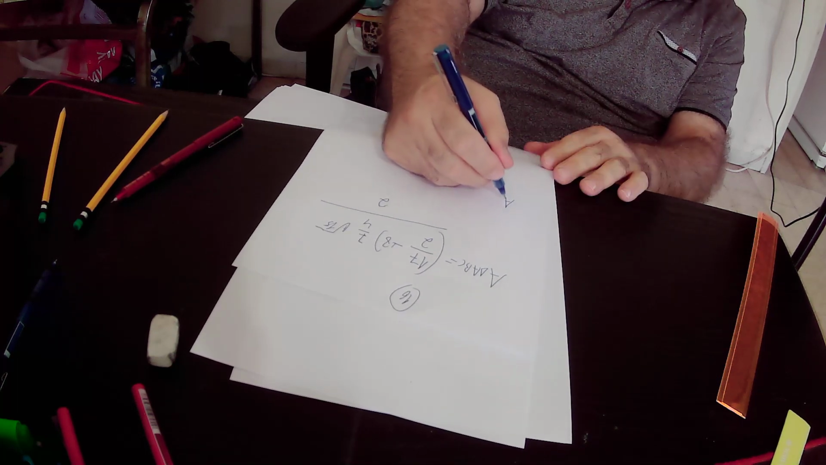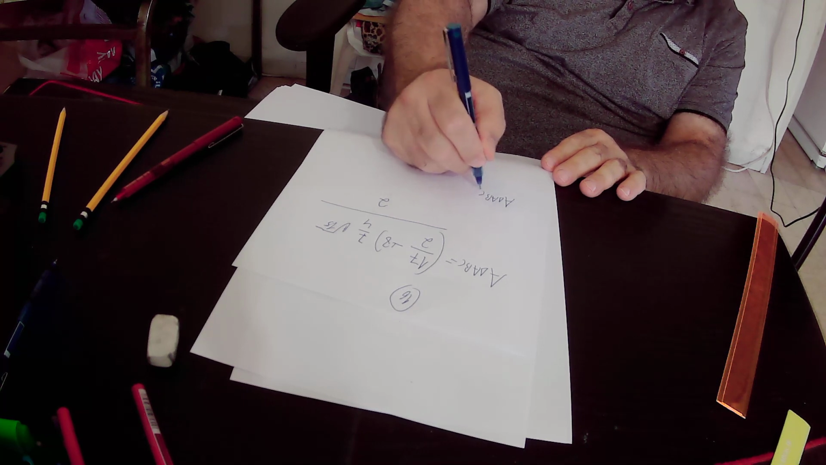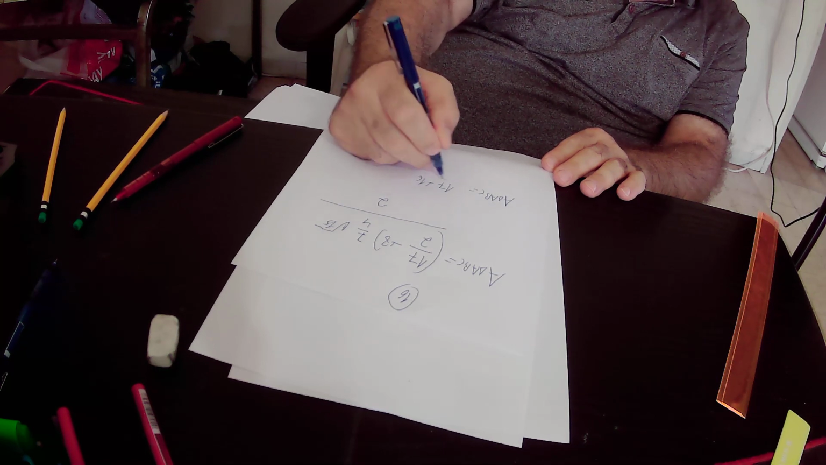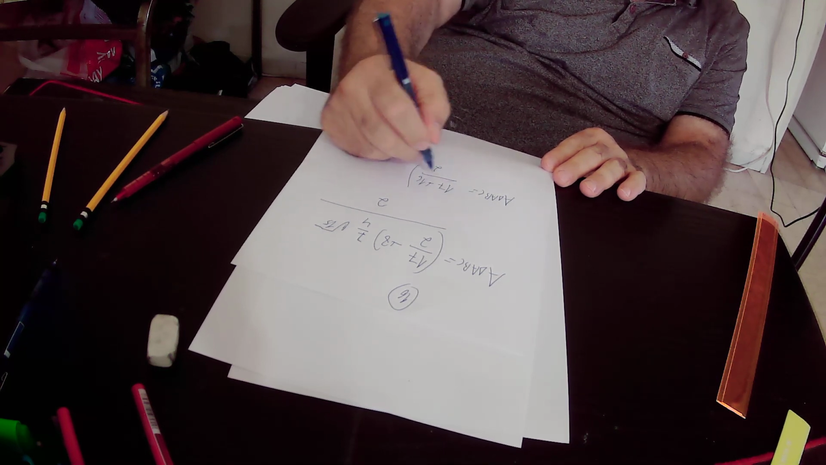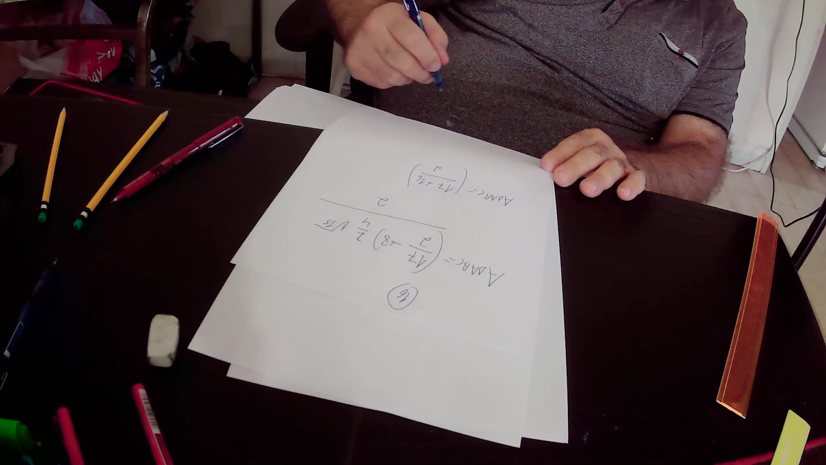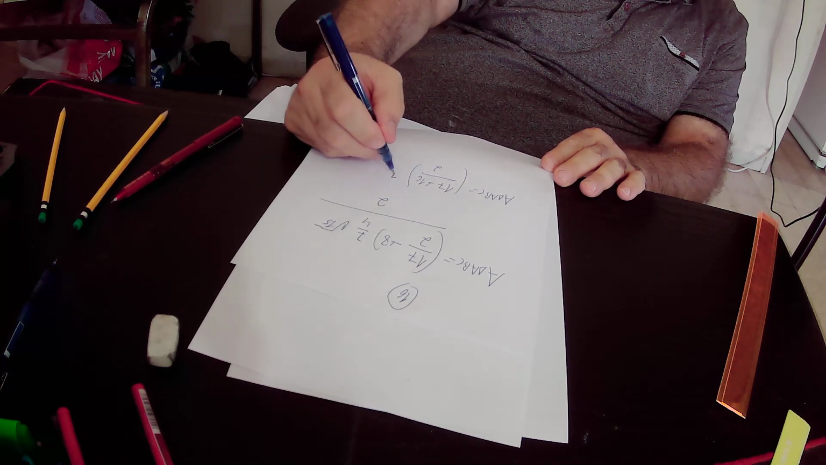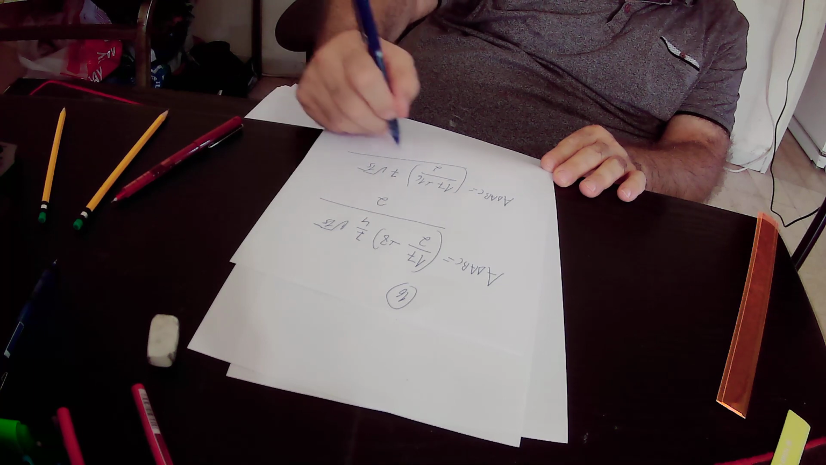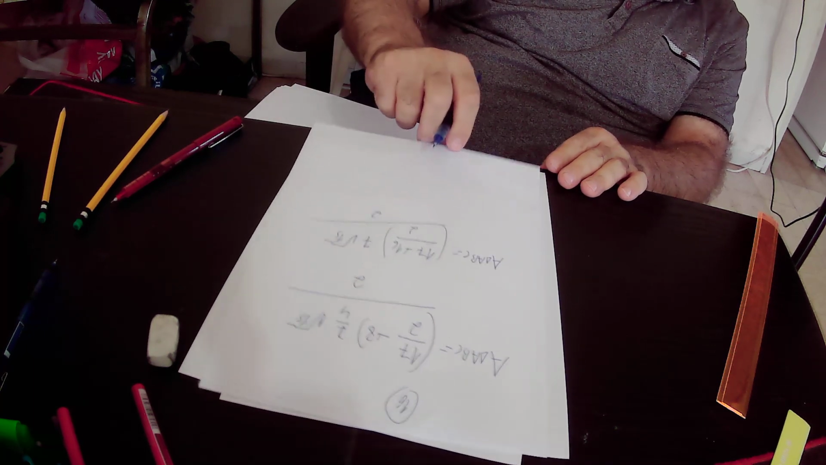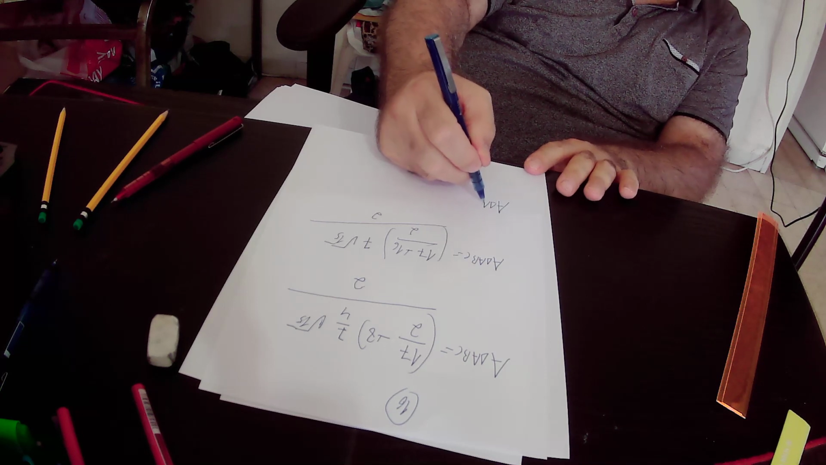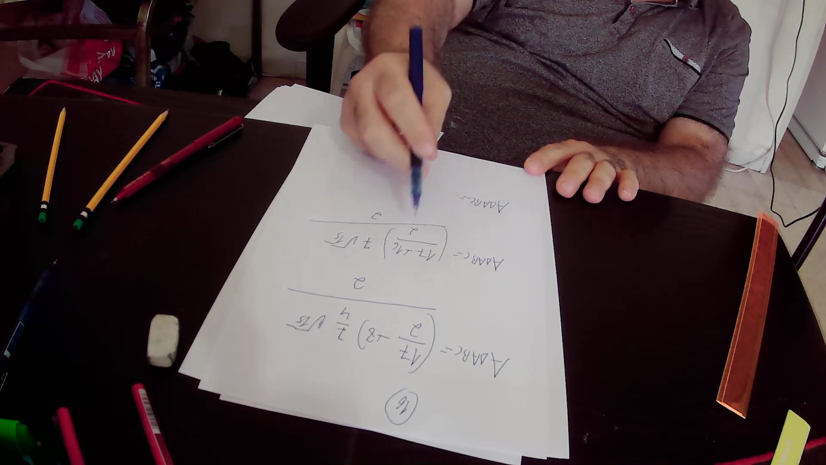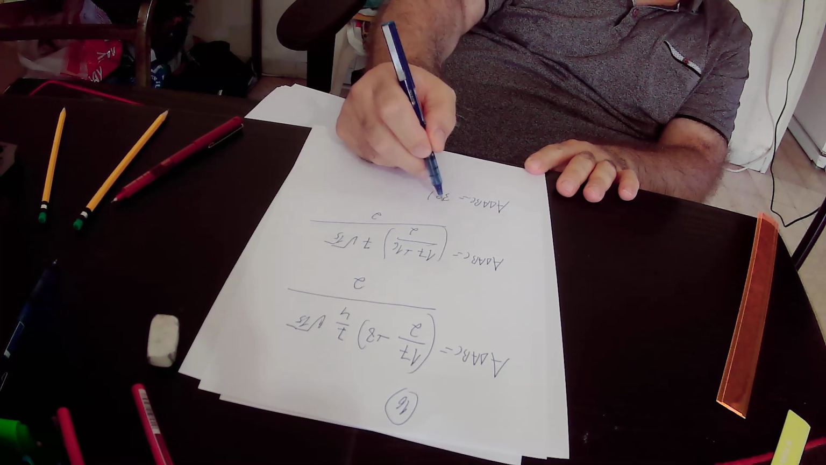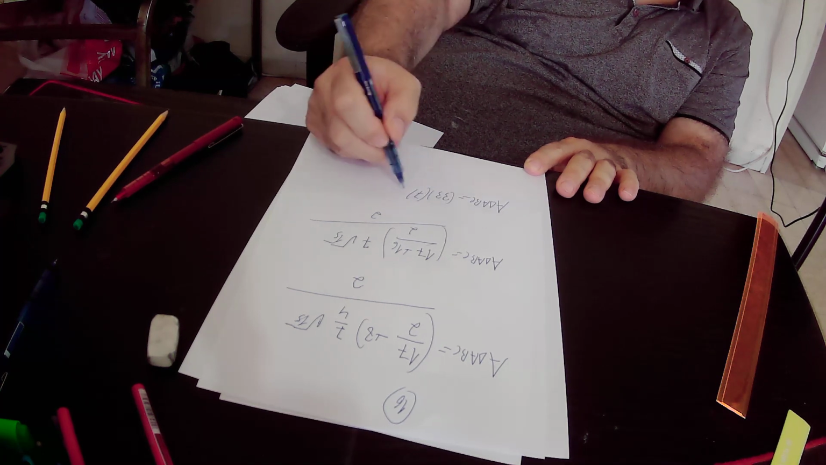So the area of triangle ABC will be equal to 17 plus 16 over 2 times 7 times root 15 over 2. Okay, so the area of triangle ABC will be equal to 17 plus 16 is 33 times 7 times root 15